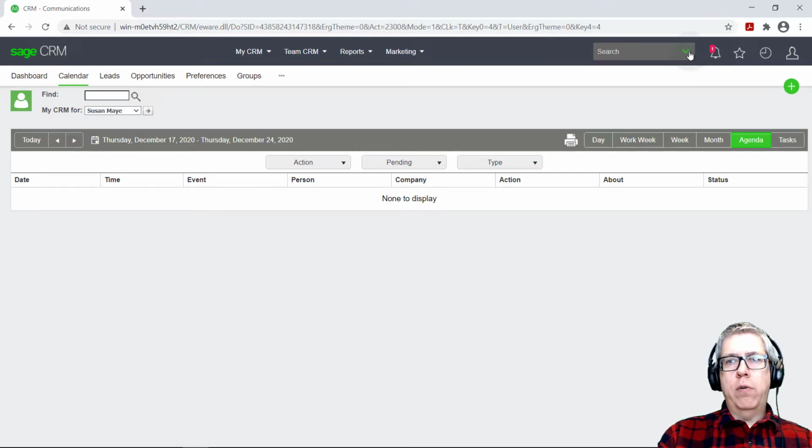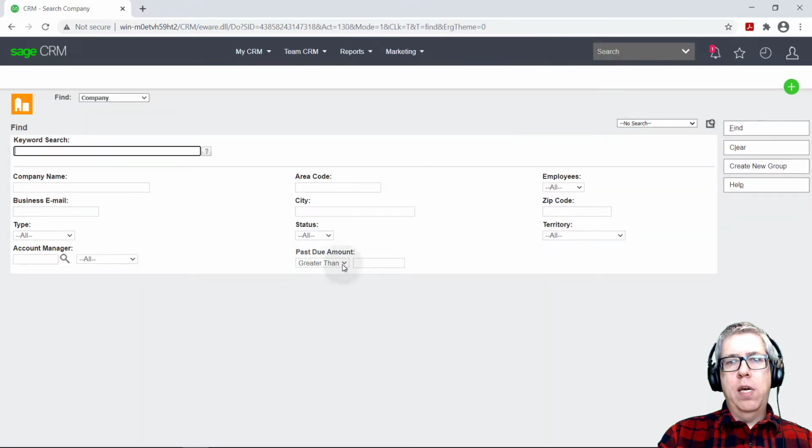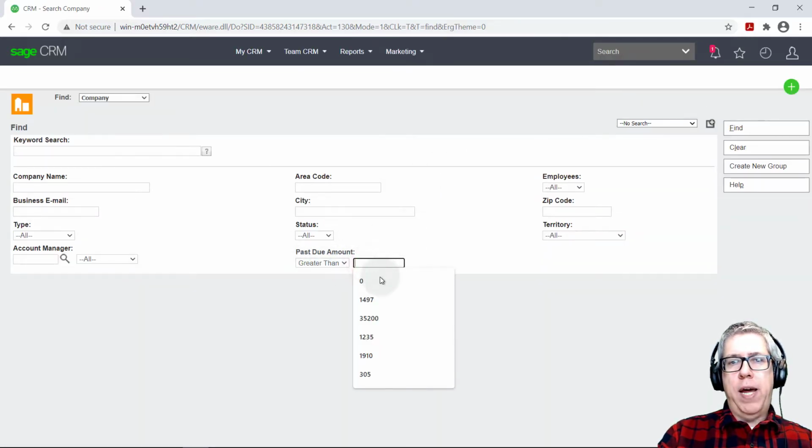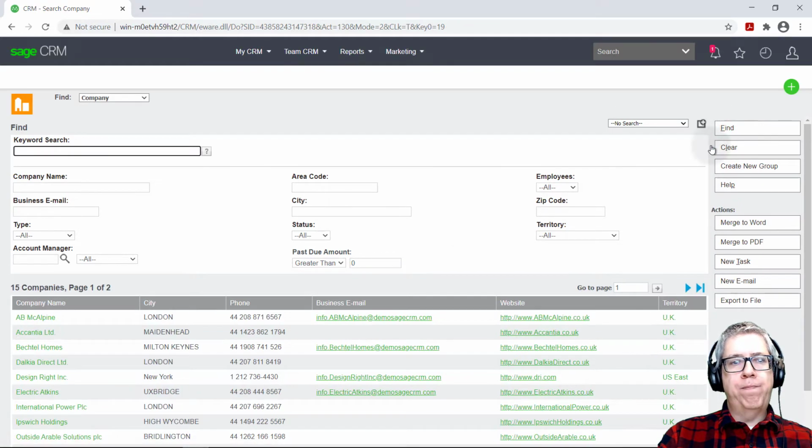So what you'd want to do is go pull up the customers, and you can quickly come in here and say, you know what, I want to find everyone with a past due amount greater than 0. And your thresholds may be different. You might say, just pull up everyone with over $1,000. And you might also put in here a days outstanding, so you might get only people over a certain amount of time. Those are very specific details and we could help you sort those out. But for now, in my example, I'm just going to get everyone with greater than $0 amount. So I get back my list of 15 people.